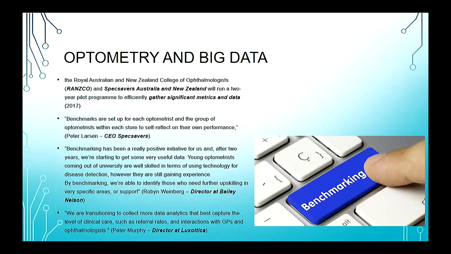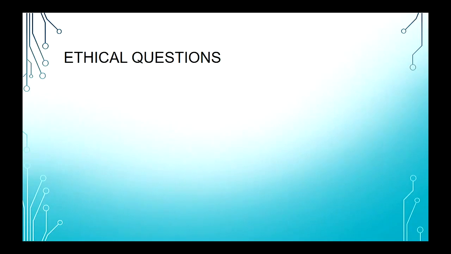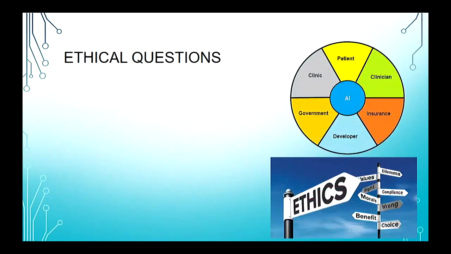Benchmarking in itself is not an issue. But how do the companies go from here? If they have access to the data from a branch, what stops them from accessing data from a single clinician? So although benchmarking can be very useful, if done poorly, it can lead to a lot of problems. That's another issue with AI. There are lots of questions when it comes to ethics, and that's the ugly side of artificial intelligence.